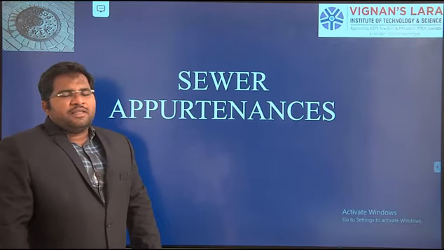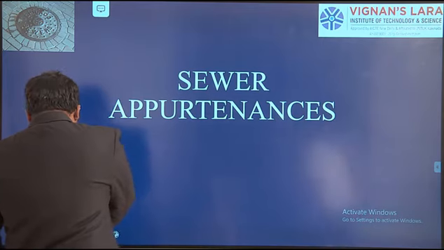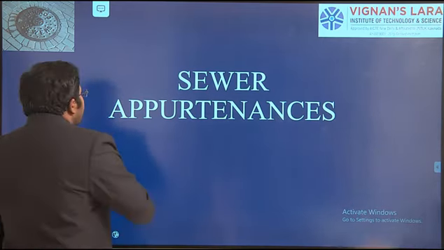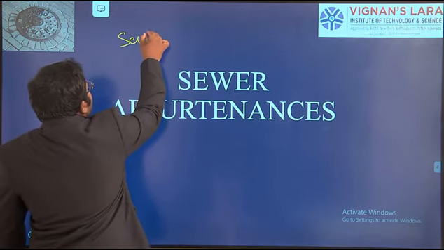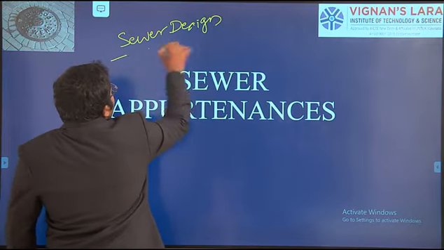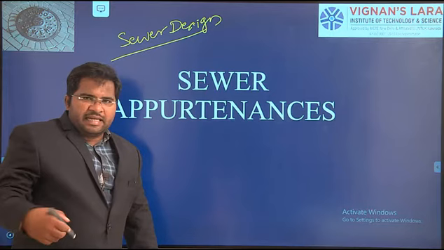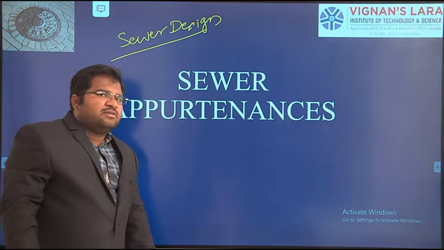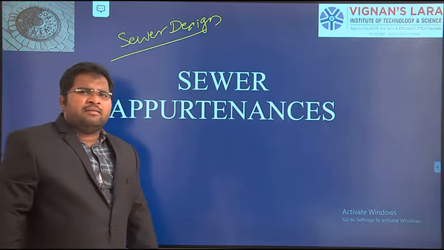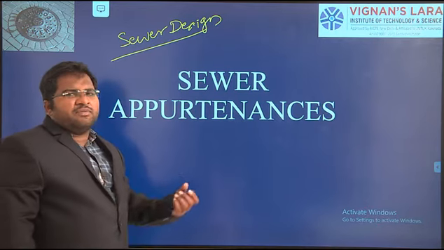Hello students, in the previous class we discussed sewer design, right? We saw the different formulas based on hydraulic particulars, so sewer design based on the different flow conditions, whether it is flowing full, half full, less than full, or greater than full. We also saw the different hydraulic parameters: the area, wetted perimeter, hydraulic mean radius, and how to calculate the discharge as well as the velocity from those values.